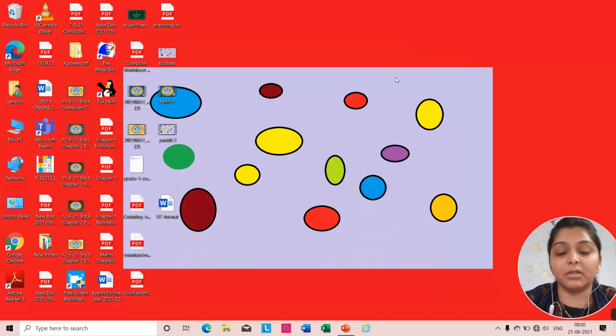See, dear kids, this is your desktop. Here at the bottom of the desktop we have the taskbar. We already studied that the taskbar is on the bottom of the desktop. See, here you can see the icon, the fourth icon. First, second, third and fourth. This is the icon for the File Explorer.